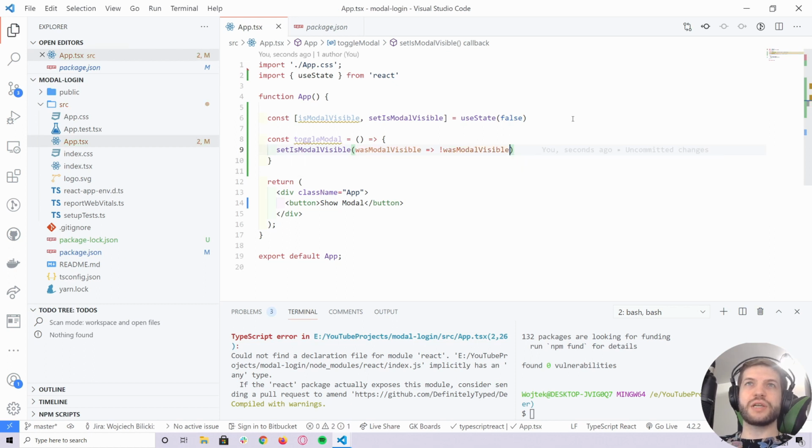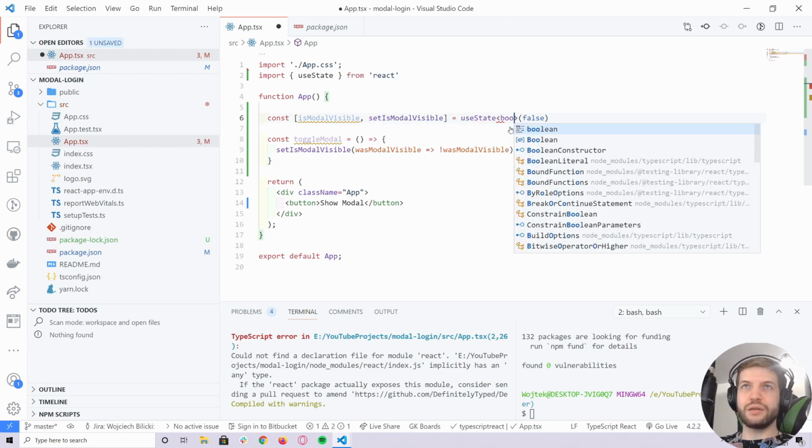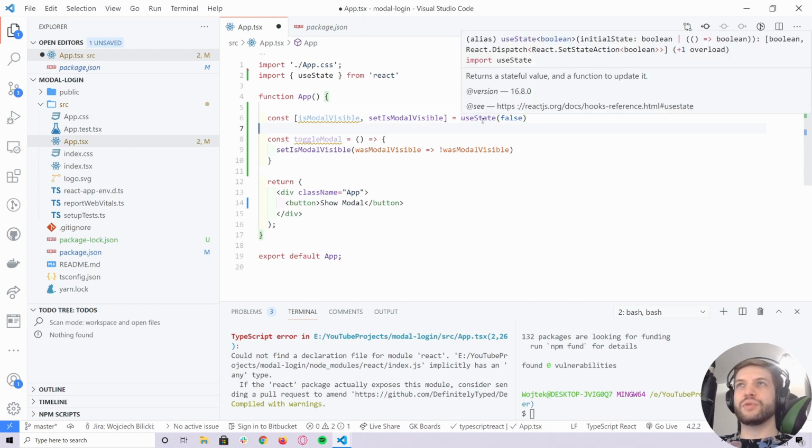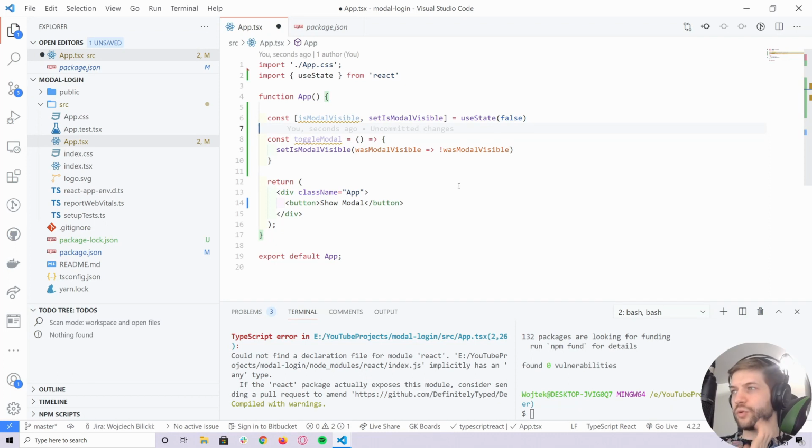And now it should change as we wish. One thing that you might notice is that we're not providing a type here, even though we could. Based on the starting value, false, TypeScript can infer the type to be boolean, so that's really cool. And now